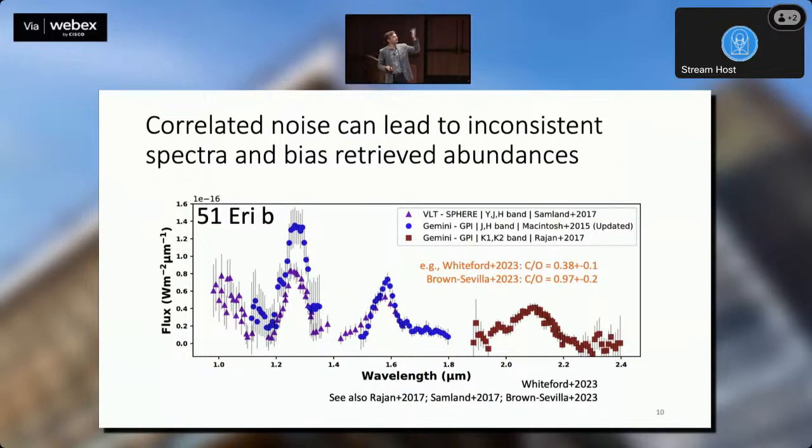So these are different spectra extracted from different observations and instruments for that planet. This is a 2 Jupiter mass planet-ish. And the spectra don't always look very consistent. So correlated noise, speckle noise, has been one of the major challenges for direct imaging over the past decade. We're getting better at it. And I think one of the ways we've been getting better at measuring abundances is actually by going to higher spectral resolution when we can.